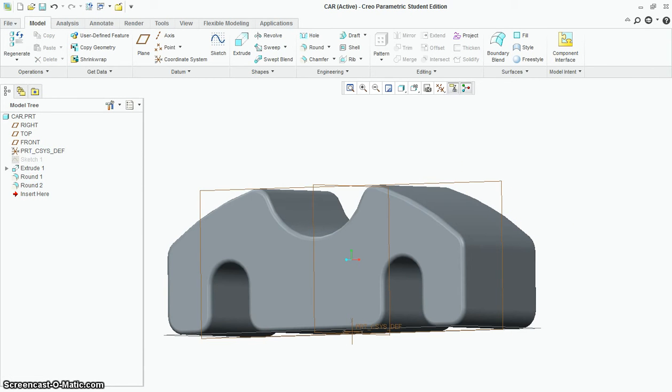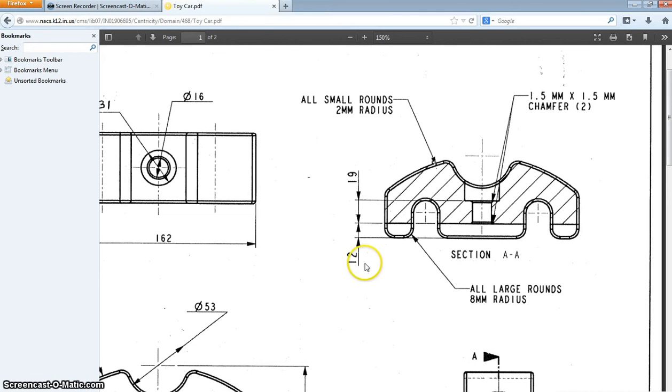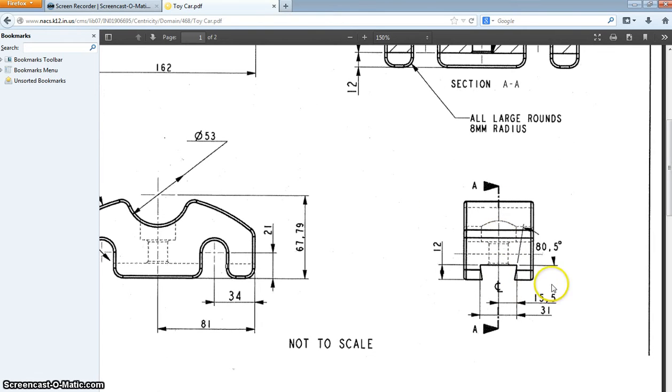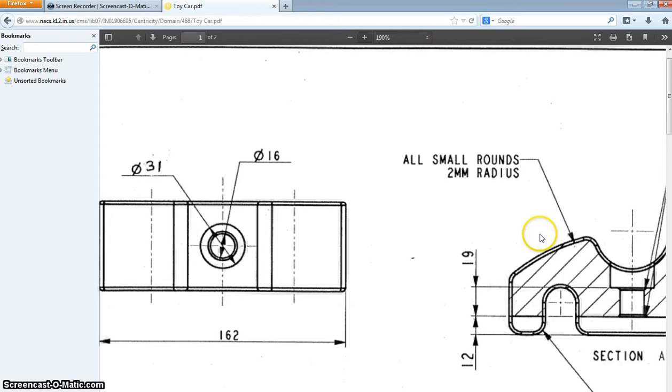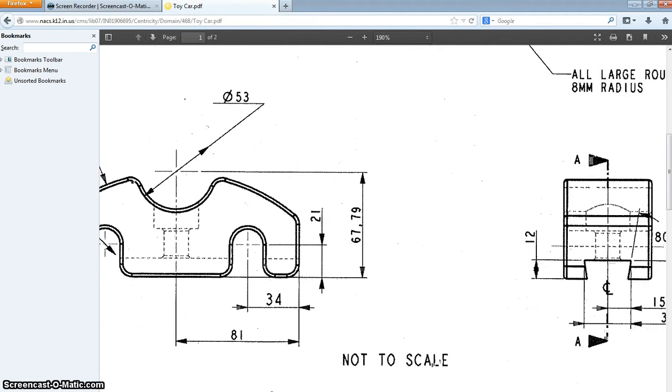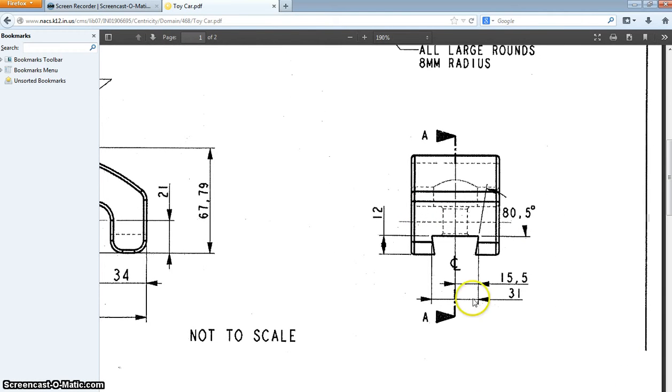Now we have an option here. We can do the hole in the car, or we can do the dovetail cutout in the car. It really doesn't matter what order you do it in. But let's go ahead and just jump down and do the dovetail cutout. And let's look at the dimensions here. Let's zoom in just a little bit. That's what's nice about opening up the PDF, is that we can actually see the drawing a little bit bigger,